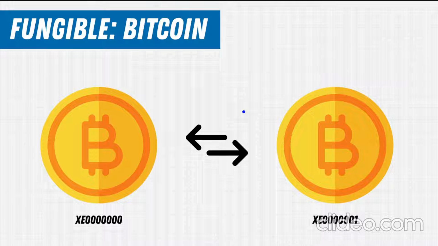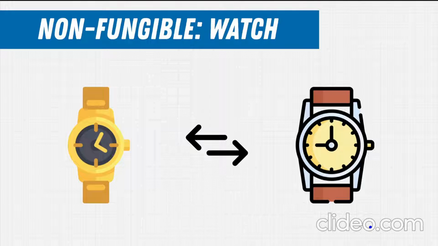So there's weirdness here, but one Bitcoin is equal to one other Bitcoin, irregardless of its serial code here, right? Doesn't matter if you had the first Bitcoin ever mined or the last Bitcoin ever mined. The value of one Bitcoin is equal to the value of another Bitcoin. So then we get into the non-fungible territory, right? And we get into this area where we're like, well,